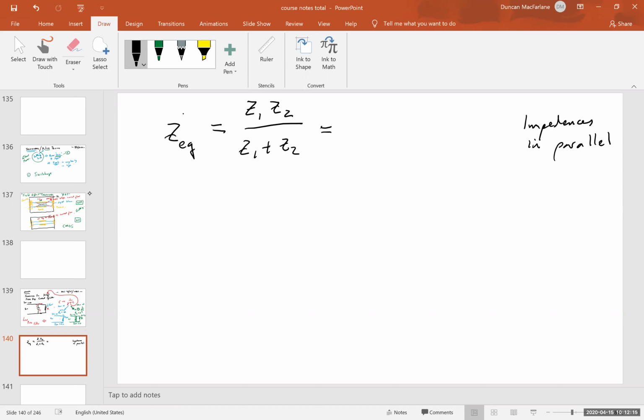And the two impedances are the R for the resistor and the 1 over j omega C for the capacitor. Notice that I don't have to worry too much about whether the capacitor is Z1 or Z2, or the resistor is Z1 or Z2. The reason I don't have to worry about that is the beautiful symmetry that's in this